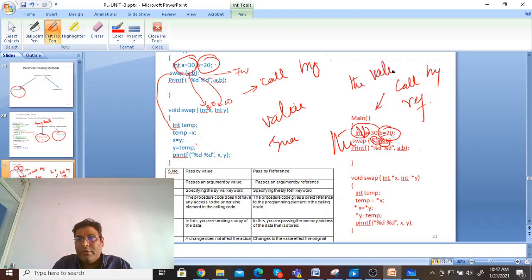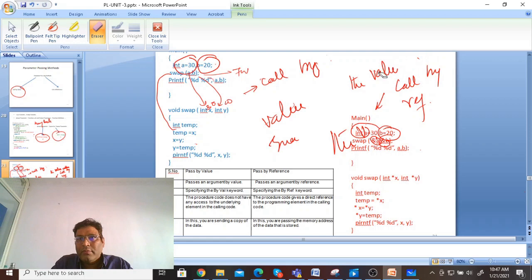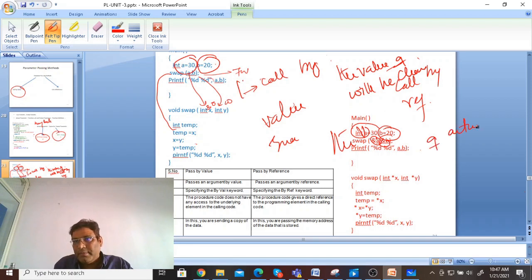The value of the actual parameter as well as the formal parameter will be changed, and we are taking the address.